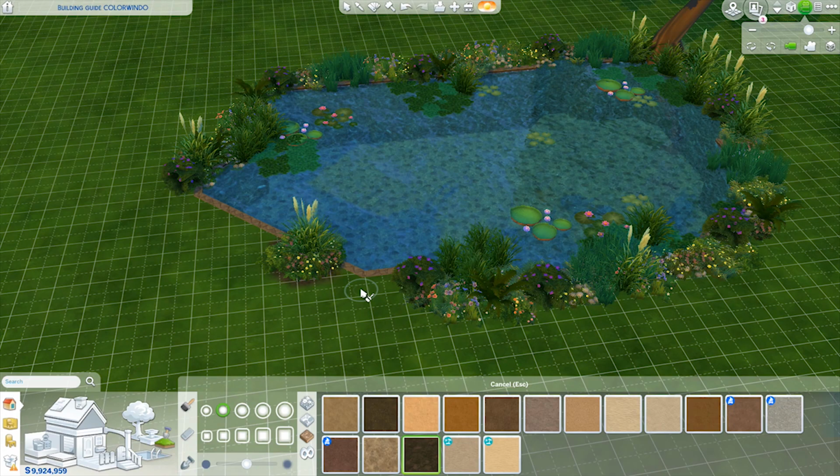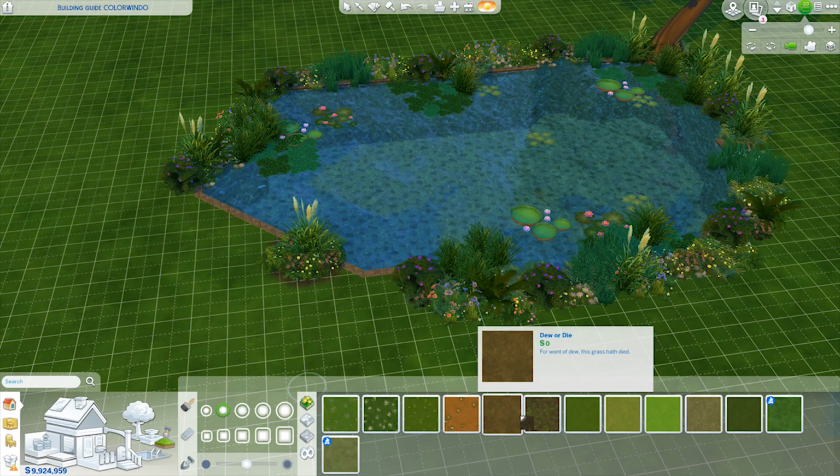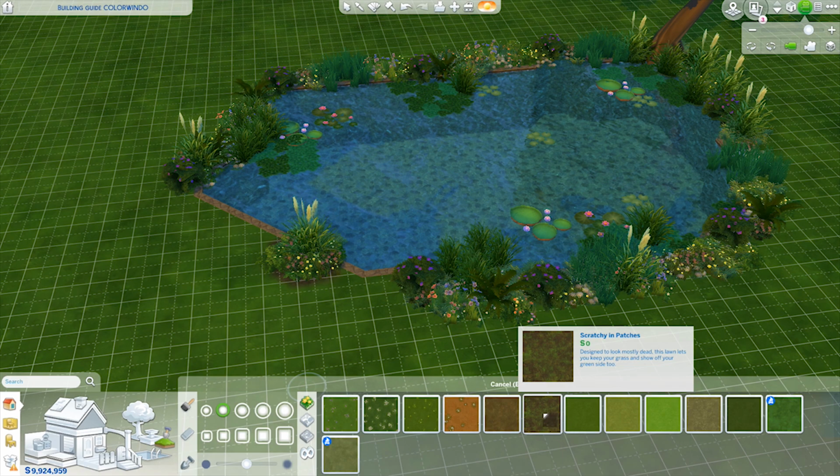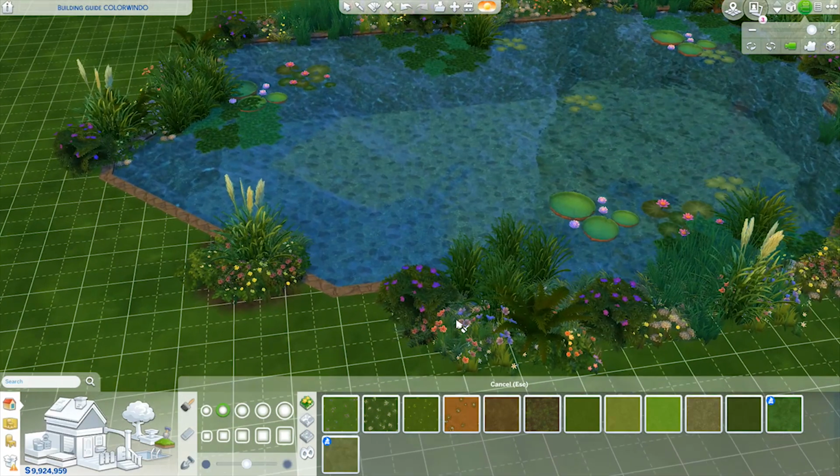You might have patches of grass where you could use this scratchy patches terrain to paint. But you really want to have a more completed look, and changing the color of the terrain underneath the plants and around the water is really going to give it that extra needed oomph to create a very natural look. And there are sections where you might want to look at it from this angle, but